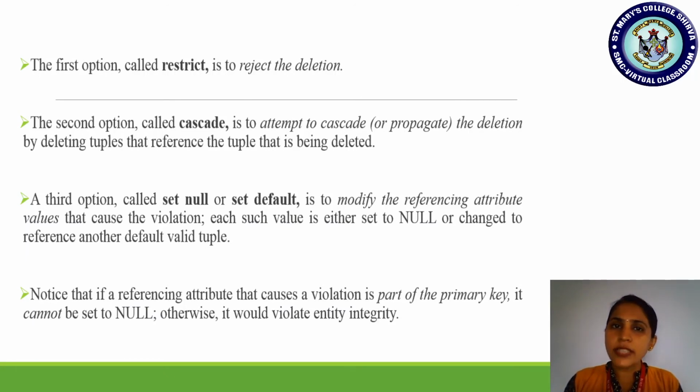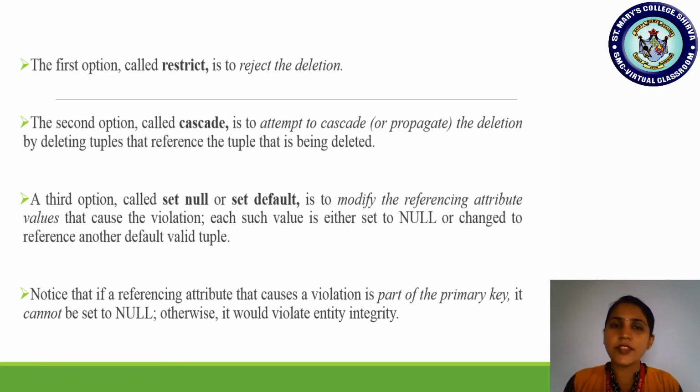Employee, project and department location. In these three relations, department number was existing, right? If I add the option cascade, then automatically the DBMS takes care that it is going to delete the information first. Which one? The department number information that is found in the department location, in the employee relation, and in the project relation. In all these three relations, the department number 5 reference is first deleted, and then the department number 5 in the department relation will be deleted.